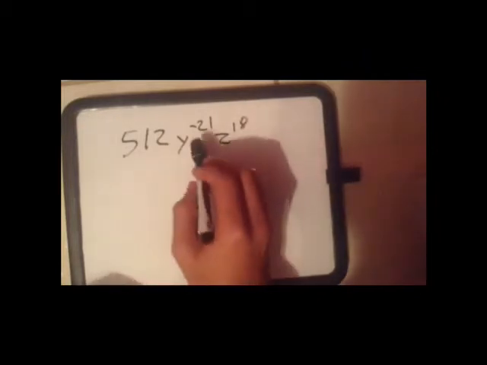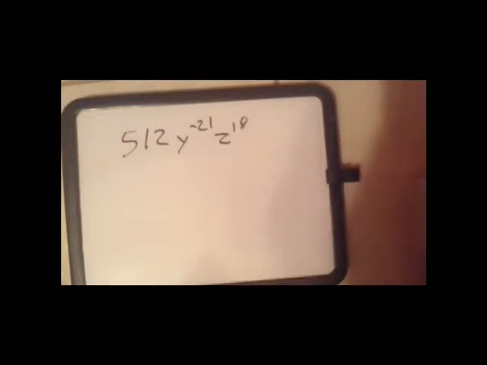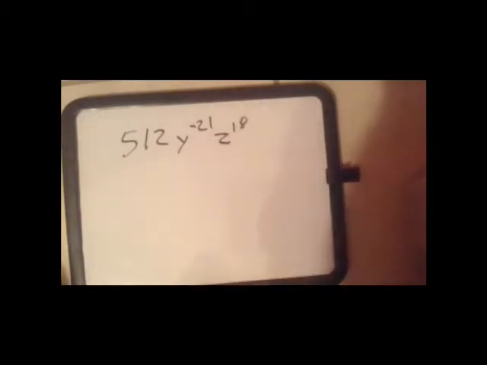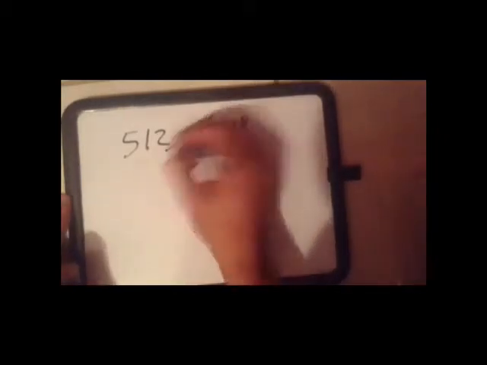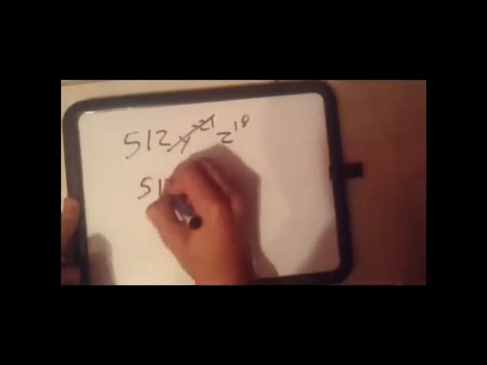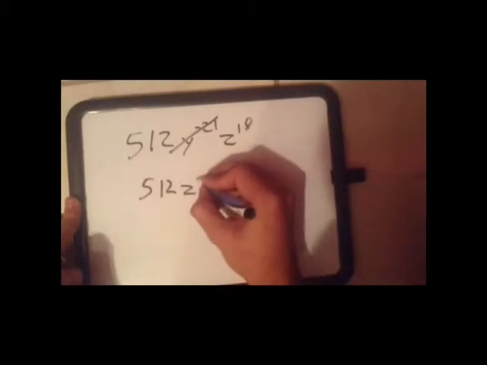Alright. So let's take this negative 21 into consideration. Now, in order to take the negative out of an exponent like this, you completely transfer it to the other side, kind of like making a fraction. In order to cancel it out, it's actually going to give us 512 z to the